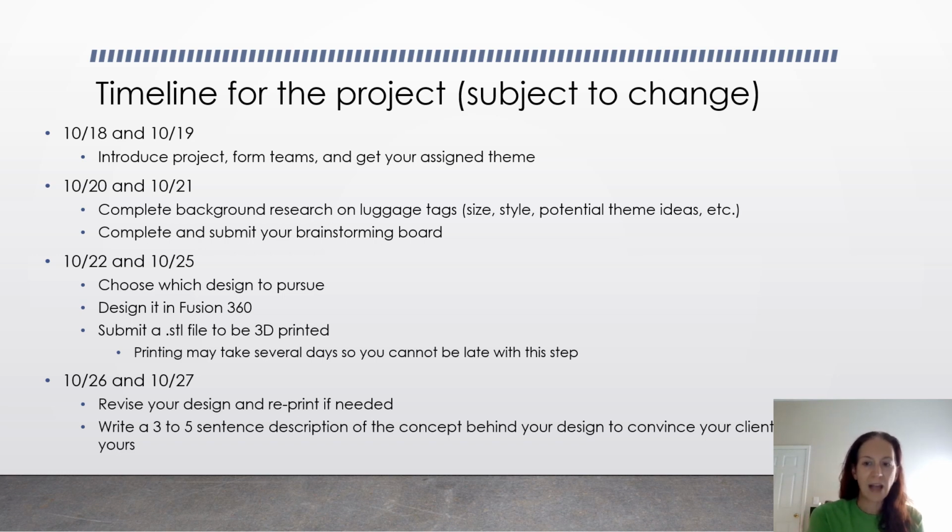So there's no actual work in Fusion done on the 20th and 21st. Okay, you're just going to research and brainstorm. By the 22nd and the 25th, you will choose which design to pursue and then design it in Fusion 360. It has to be designable in one class period. Okay, so whatever choice you have, it has to be something that you can manage to design, get it properly